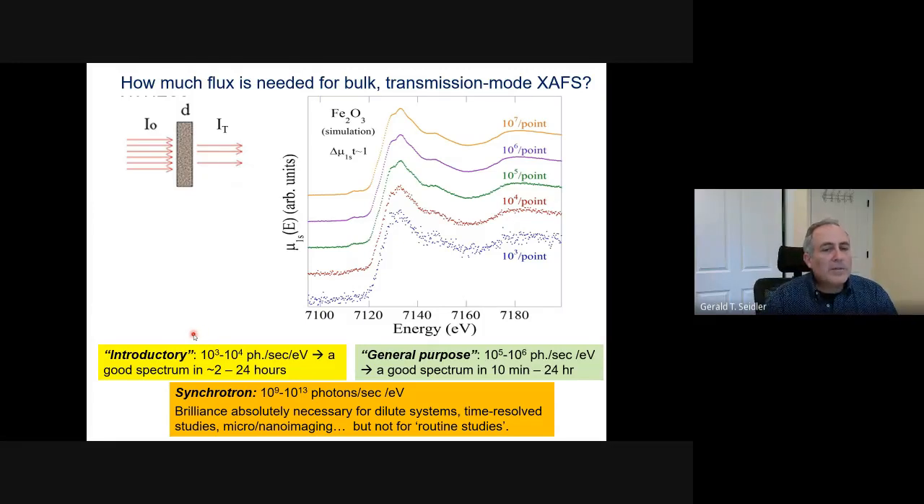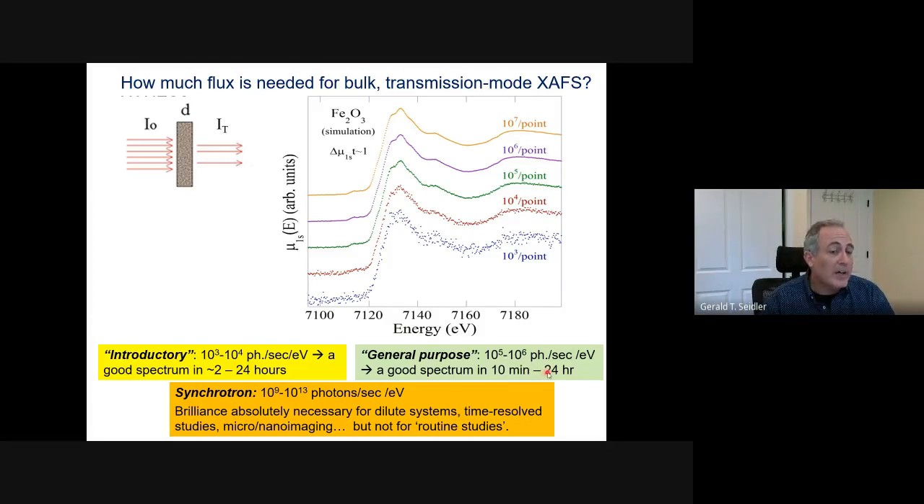So going back to that figure I started the talk with, it suggests that an introductory piece of equipment might only have 1,000 or 10,000 photons per second in a 1 eV band. And that would let you get a good spectrum in a couple hours to a day. A general purpose instrument would be more like 10 to the 5 to a million photons per second in a 1 eV band. And that'll give you a good spectrum in a few minutes to maybe a day if your